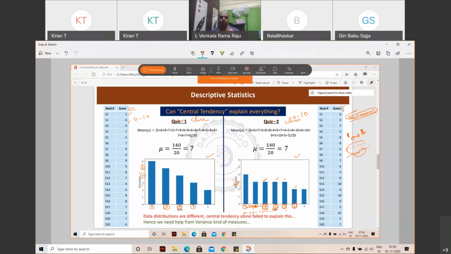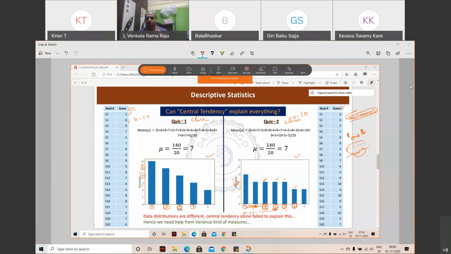Did you get the term distribution? Any questions there? You need to understand the term distribution. It is a simple thing. We'll be using it extensively. Any questions? Even if there are no questions, you should respond, so it will be a bit interactive. Everybody is good? Yeah, we understood. Okay.